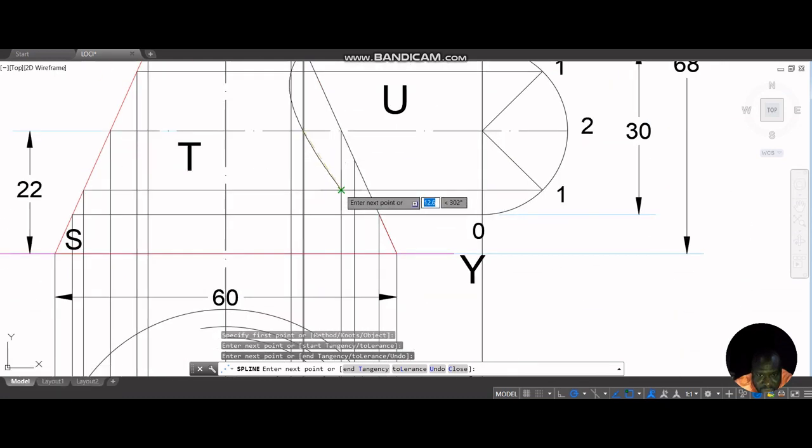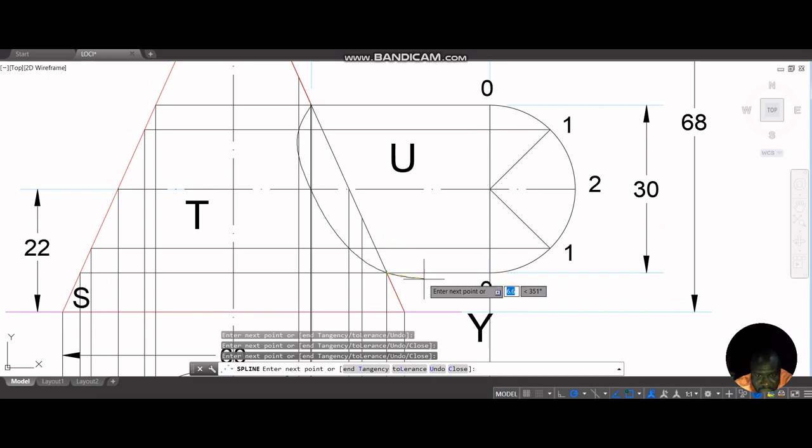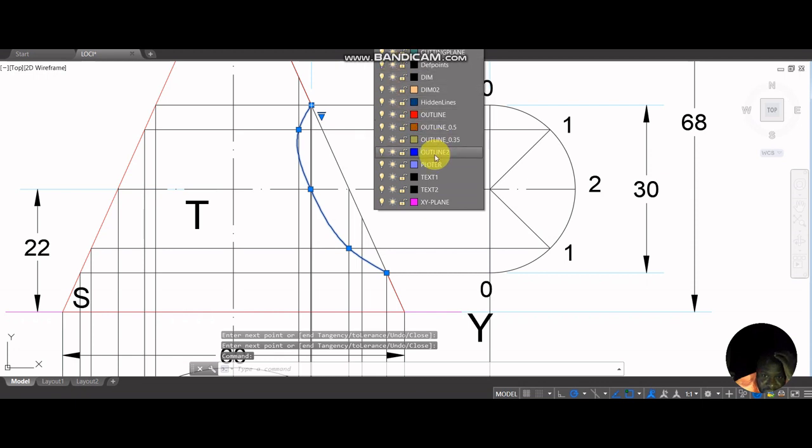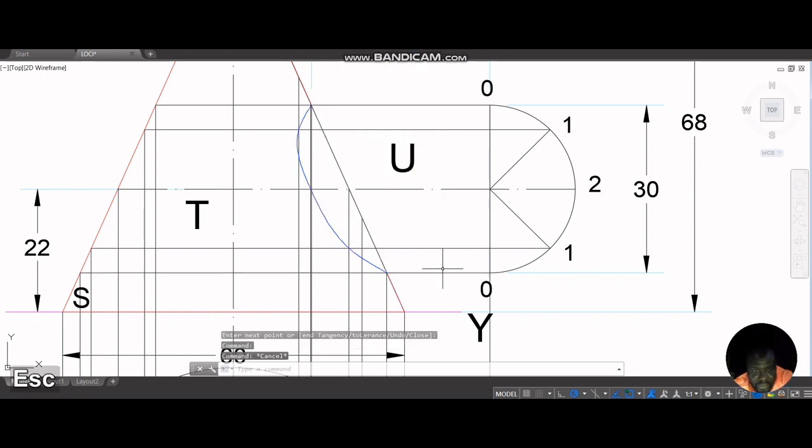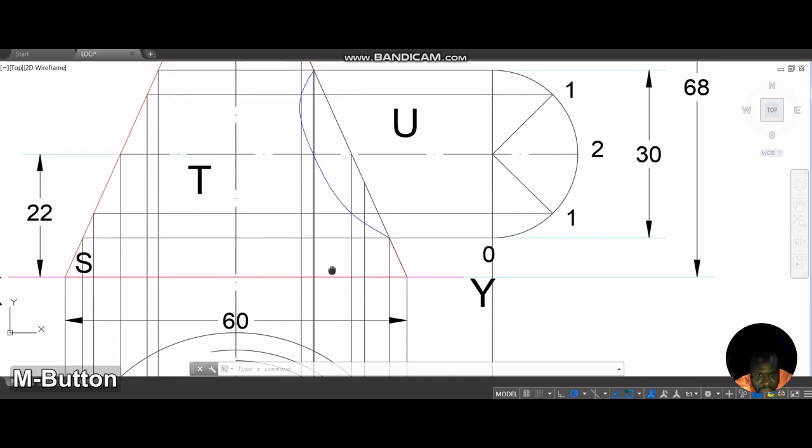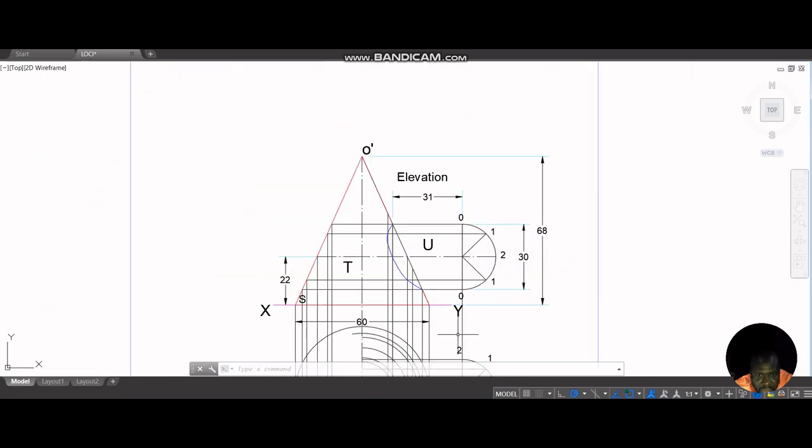This is clear. We can see 1 here, and 0. We can see 0 here. So this is the curve of intersection that we're looking for. I'm going to highlight it with the blue line so that you look at it differently. That's the curve of intersection that we're looking for. So what's next is to